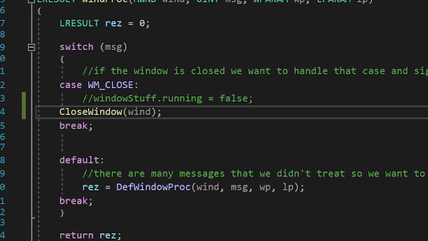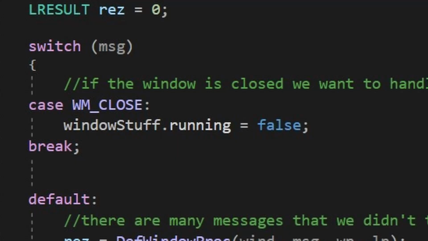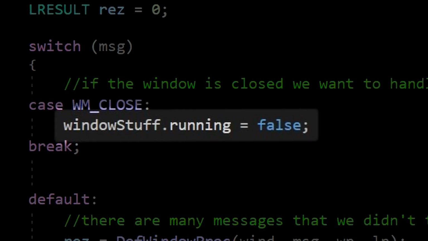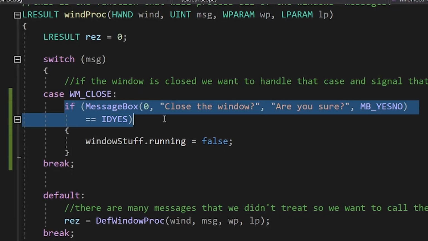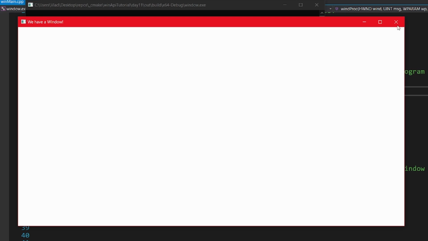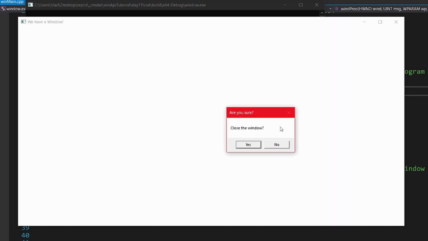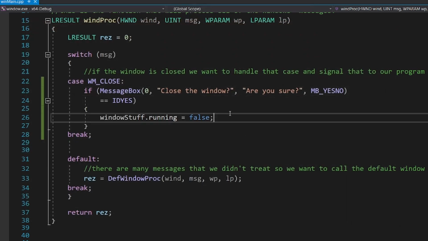The reason it closed in the first place here is because we are closing our entire program by setting this flag to false. Okay, what if we add this message box here? We will get this nice pop-up to ask us if we want to close the window. Now, a keen observer will notice that while this pop-up is on, the window can receive updates, because we are blocking our program here. Message box returns only after you close it.